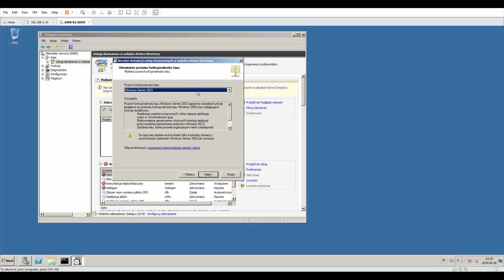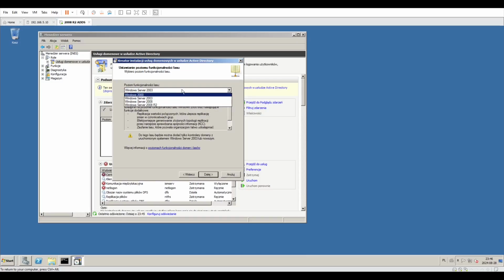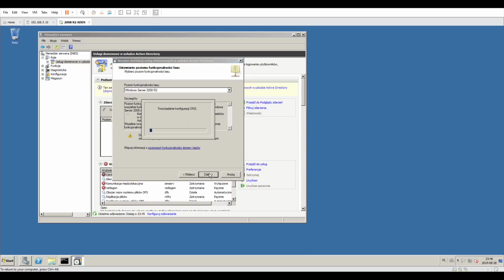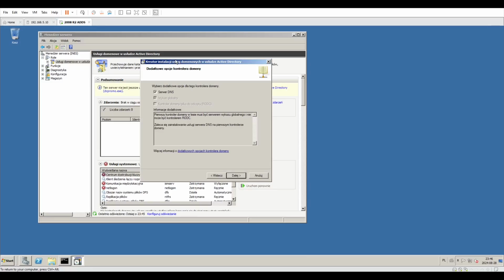Like here, if you set the functionality level to Server 2003 or even 2000. I am going to set my functionality level to 2008 R2, because that's what I'm going to be using on my servers. Let it do its thing, and next up it's probably going to point out additional options, like for example